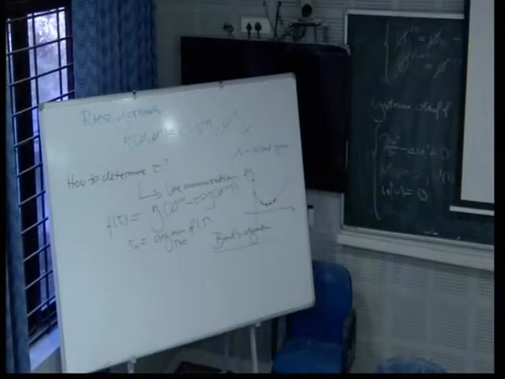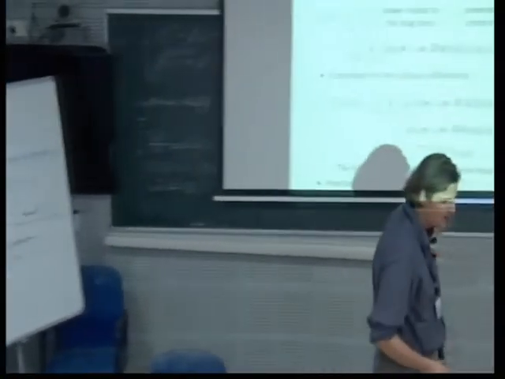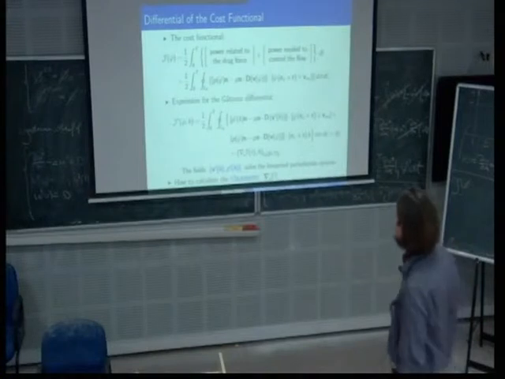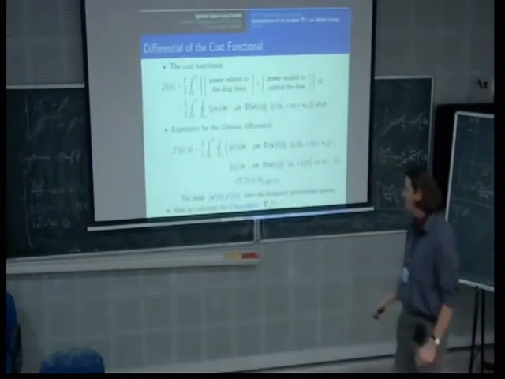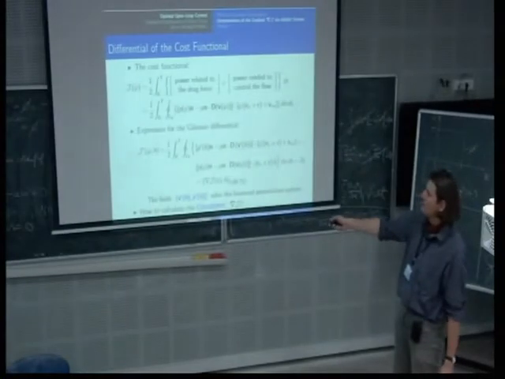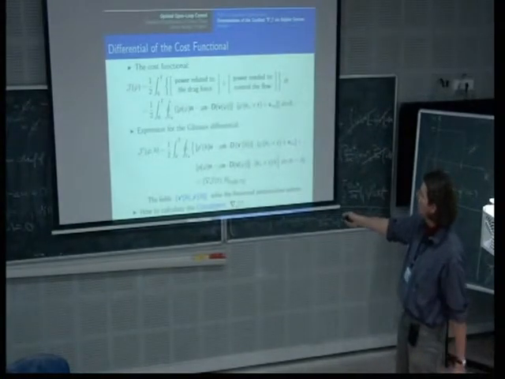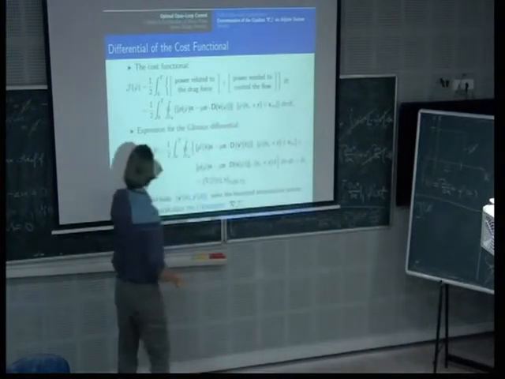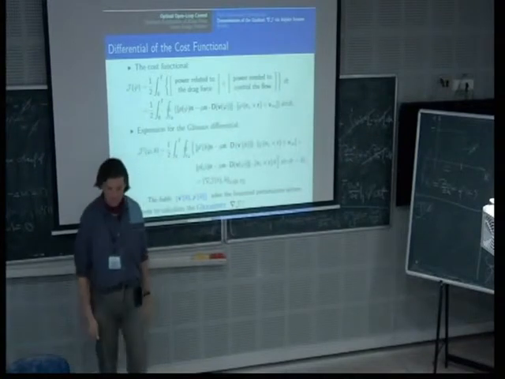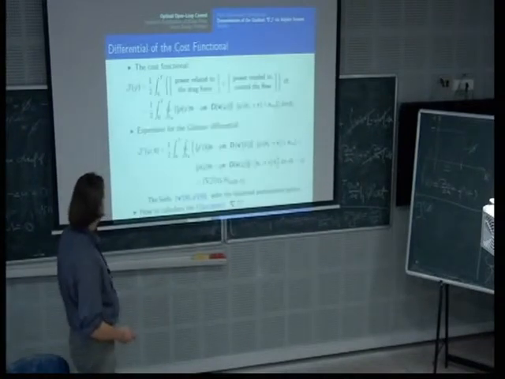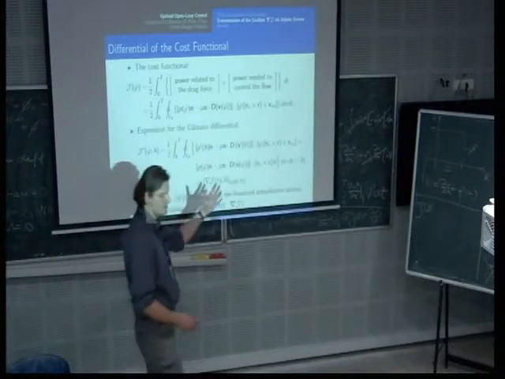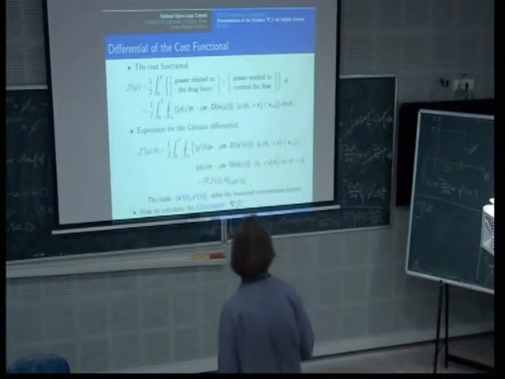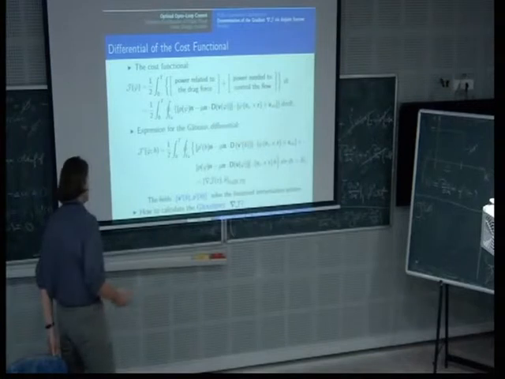Okay, so here is again our cost functional, the one that we introduced at the beginning of the lecture. Now, if we compute the Gateau differential, here is the expression that we obtain, and we see that it depends on p prime and v prime as the perturbation variables, and the perturbation of the control, which I denote h, is not present here explicitly. So what we need to do is introduce the adjoint system that will actually allow us to re-express the cost functional in a convenient form.